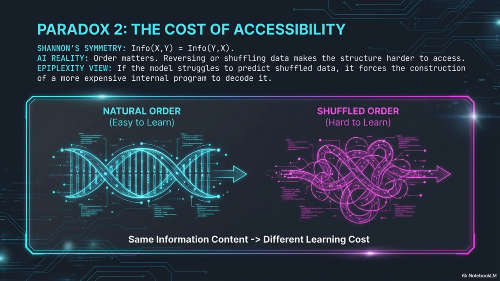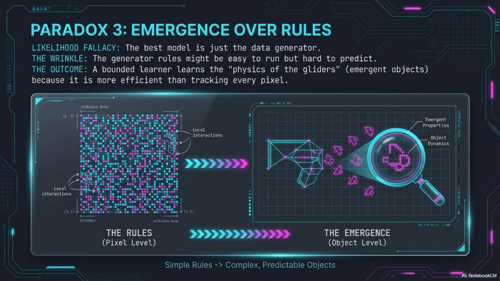But epiplexity resolves it by asking, what about the time limit? For a bounded learner, deterministic compute unfolds latent structure. An observer can't just brute force the outcome of 50 chess moves. So the learner is forced to develop shortcuts, these reusable algorithmic chunks like don't let the queen get trapped. So epiplexity is designed to count the value of those extracted shortcuts. The information wasn't created from nothing, but the structural knowledge was extracted and made portable, which for a real learner is the same thing.